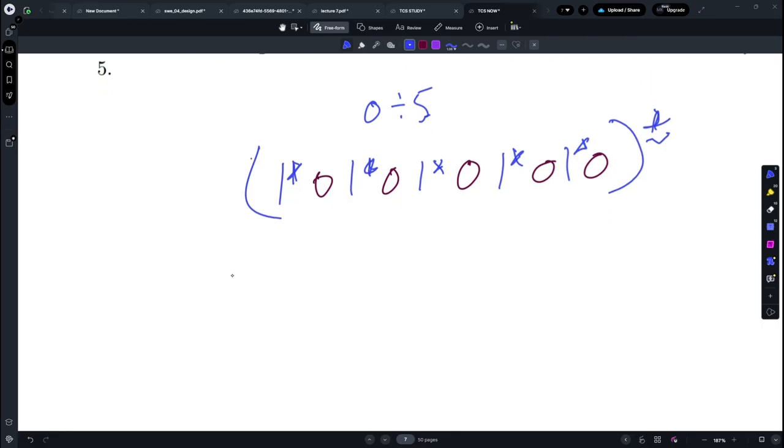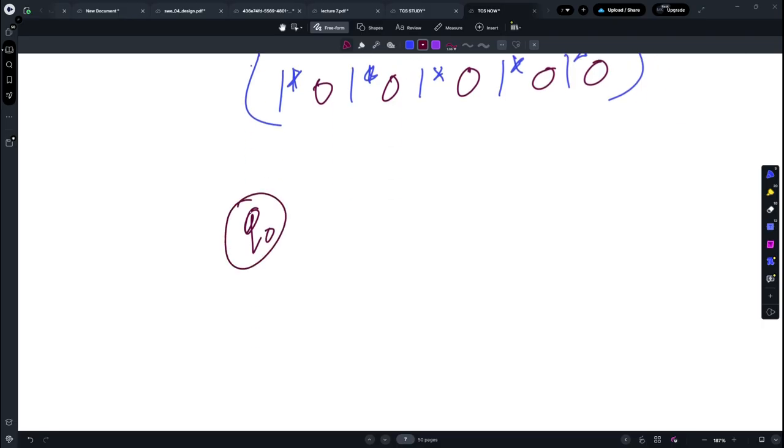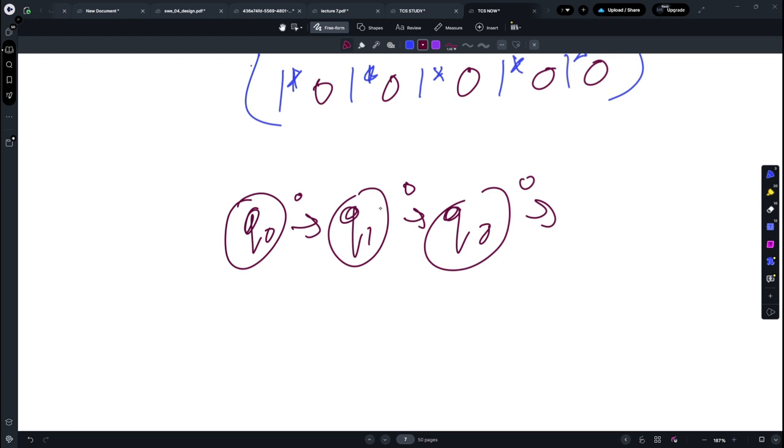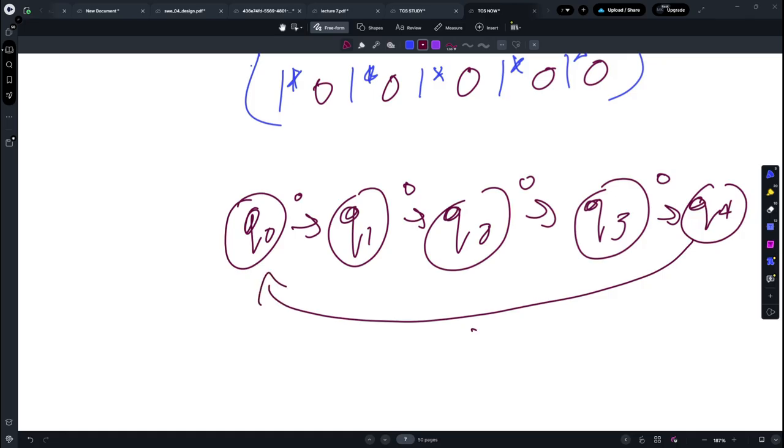Let's try to make a DFA for this, meaning what you do is that you start with making a Q naught that goes to a Q naught that reads a 0, another 0, another 0, 1 2 3, 4, and the fifth one back here, loop on its own, looping. When it loops, this is the accepting state,